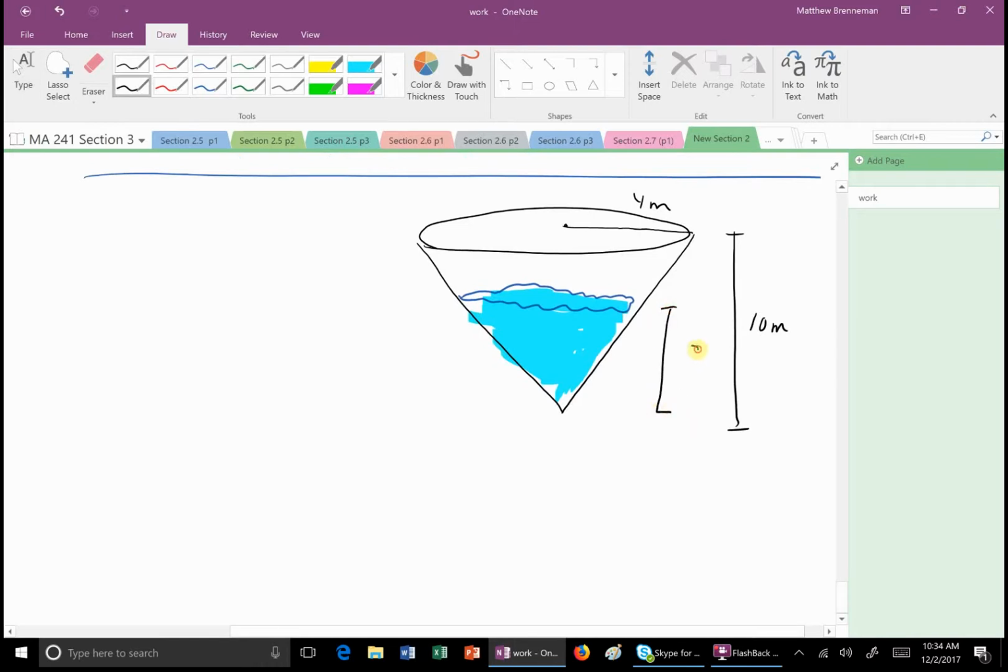This is a total of 8 meters. So here's the problem we have. We want to drain the water out at the level of the top of the tank. I want to drain all the water out. So I want you guys to play with this for a little while. So think about this essentially as